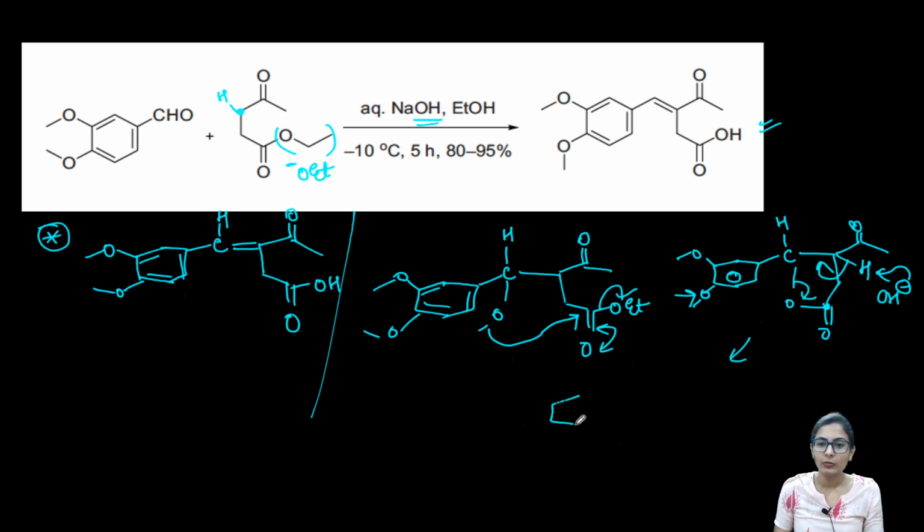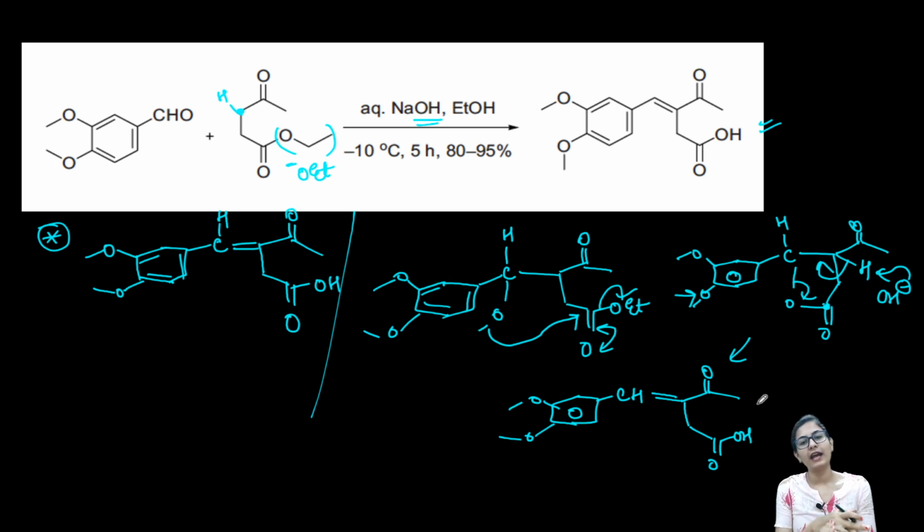So you get the double bond, the ring is as it is, carbon, hydrogen, a double bond, and the ketone group, and the CH2 and COOH finally. So this is how it is going to be, and I hope that it is now much clearer how we are getting this product, and I hope that you understood the Stobbe condensation.